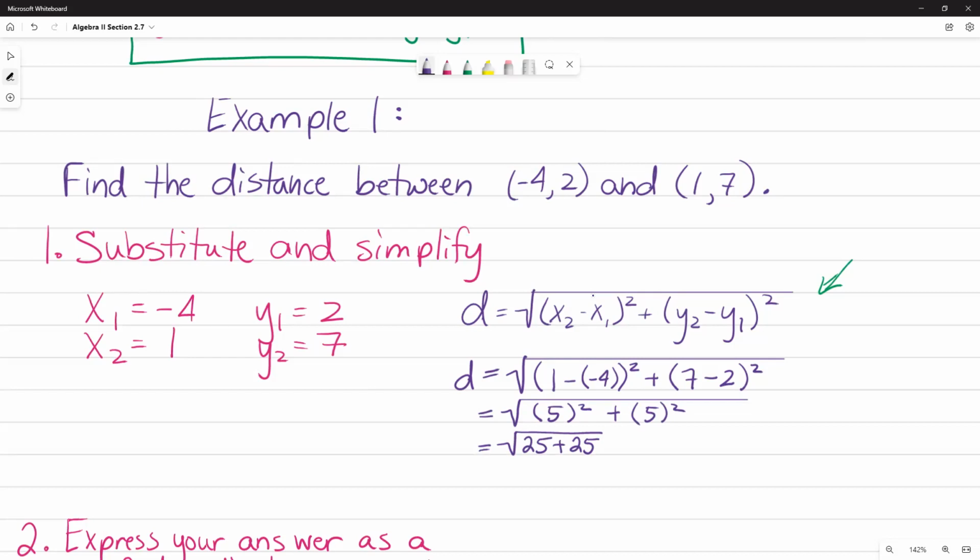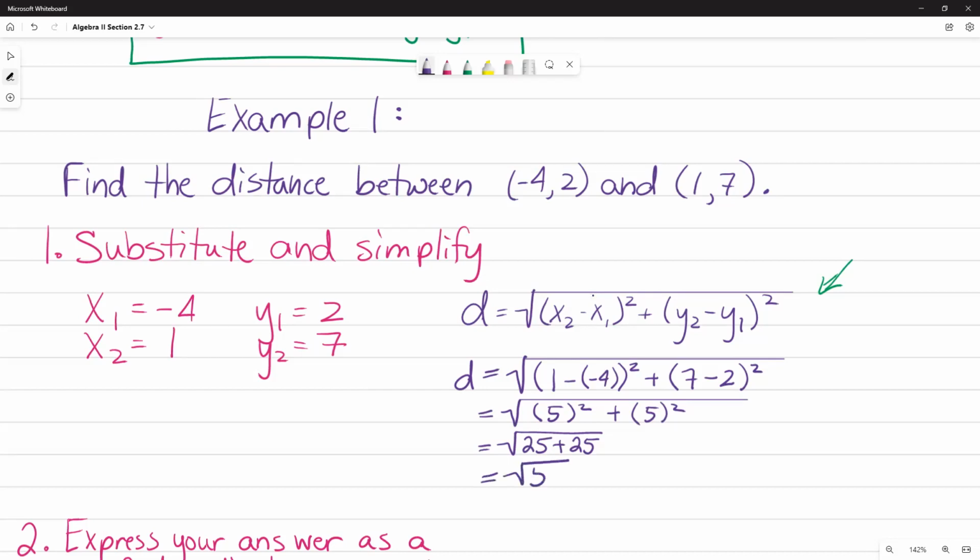So I'm really distracted. But think about it, that's a great example of a mistake that can be made. You could say, oh, this 5 squared plus 5 squared is 10 squared. So I've got 100. So my answer is 10. Yay, I'm done. But it's not. So you simplify all the way down, because 5 squared plus 5 squared is 50, not 100. Okay. So this gives me